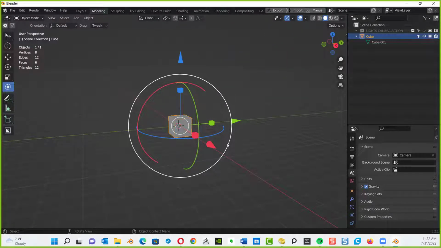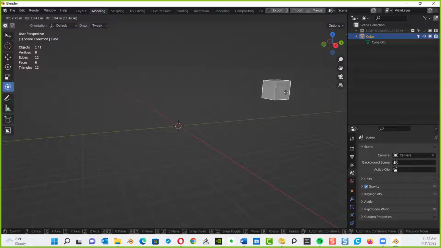Now watch, I'm going to do it again. G, it attaches it to my cursor. Now, I want to restrict the movement only to the Z axis. Here's something you got to pay attention to. Do not left click. That's the one weird thing about Blender. In most 3D programs, including Lightwave, you left click and drag to do something. In Blender, you do not. Once it's attached, you don't touch any buttons.